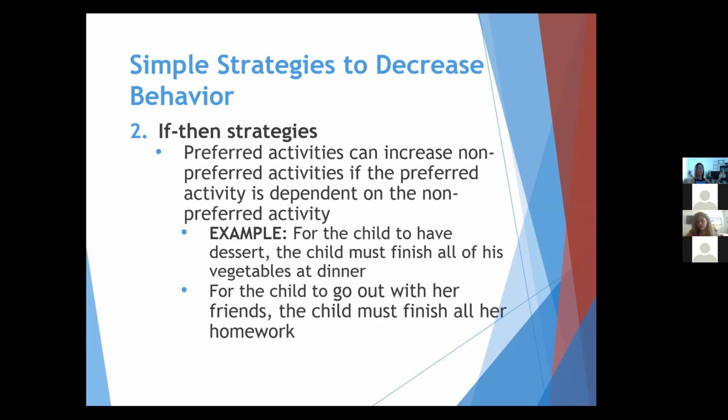So like a perfect example is, let's say, and I don't want to use the homework because there's so many kids that I've met that do like doing homework. So I'll use a different example. But let's say for a younger child, maybe they hate picking up their toys. And every time you ask them to pick up their toys, it's this big battle, right? Well, that's where you can use an if-then strategy, where when they pick up their toys, then they can earn maybe time doing something they love, whether it's their favorite game on the iPad, or they can watch their favorite